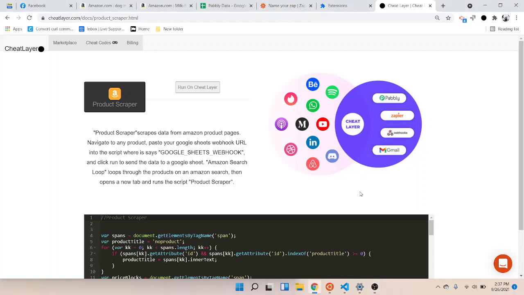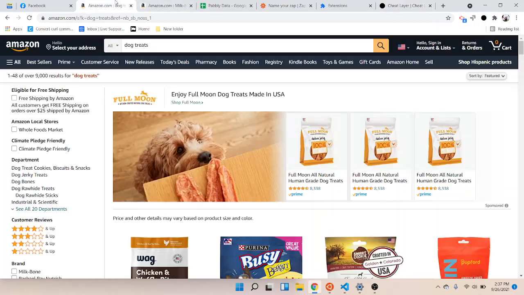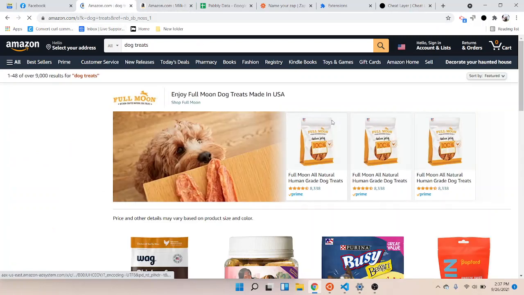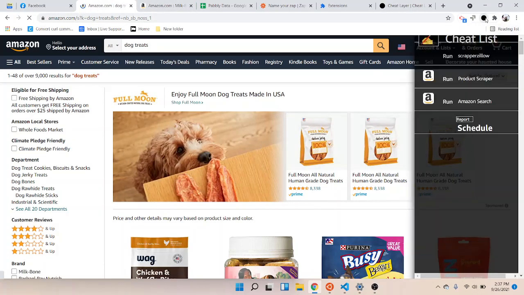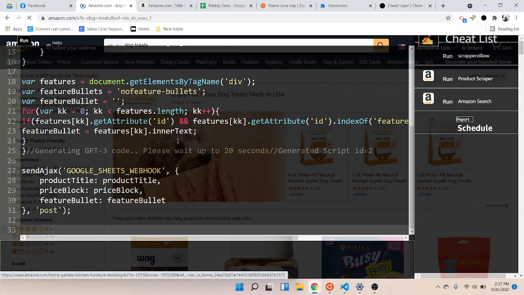Okay, in order to run this script, make sure you have CheatLayer installed. If you don't have CheatLayer installed, this button will turn into a link to the Chrome extension. Click the Run on CheatLayer button and it will open and save the scripts to your cheat list. Then navigate to a search on Amazon.com, open CheatLayer, edit the product scraper script, and now if you've set up